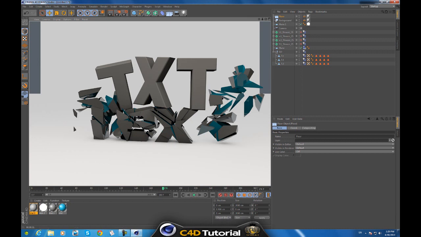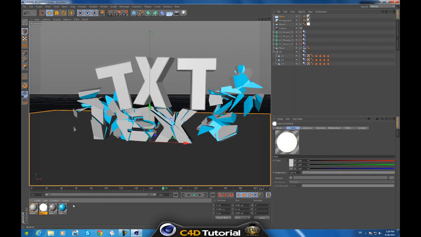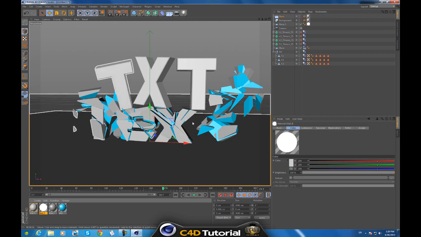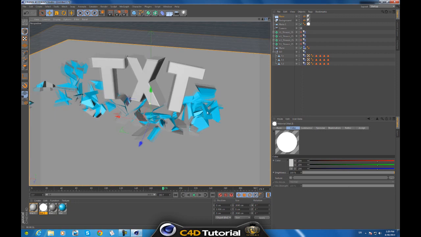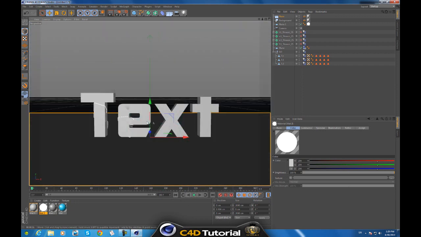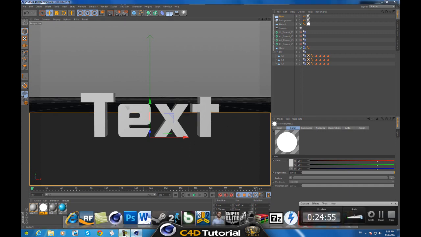What I would do is make the luminance material a little bit brighter. So I can change the mix mode to multiply, and then increase the brightness to like 150, because it wasn't bright enough in my opinion. And yeah, so far it's pretty good. We got it slow motion and then goes into fast motion, so that's pretty good. And yeah, this tutorial is getting a little bit too long, so